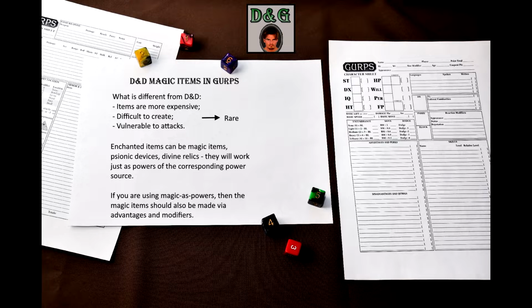As you know, both ancient tombs and magical emporiums are laden with various enchanted items. Even if your setting has its roots in D&D, the economic assumptions of GURPS make enchanted items more expensive, difficult to create, vulnerable to attacks, and, as a result, rare. The items themselves are very diverse. They could be traditional magic items, psionic devices, divine relics, or even objects imbued with the residual psychic energies, chi,